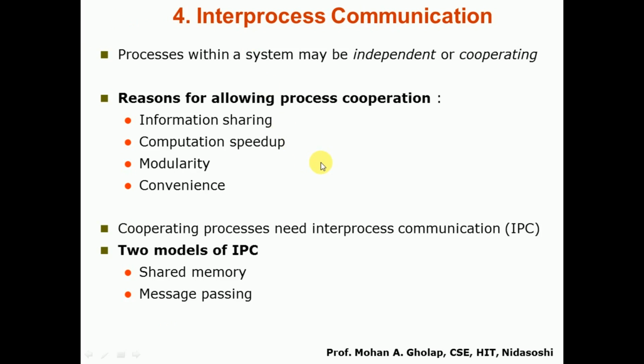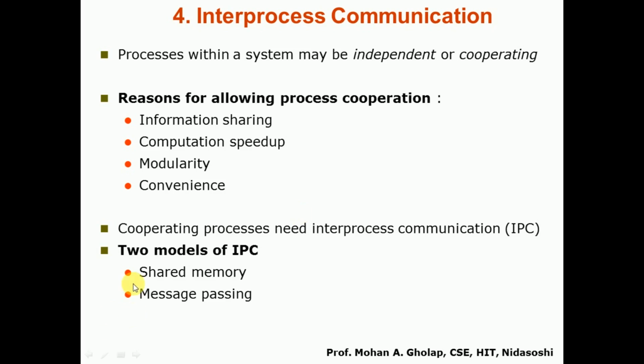After this, next we'll see the fourth point of this chapter, that is interprocess communication, in short also called IPC. So what is this interprocess communication? As the name itself indicates, it is the communication among the processes. When we have a number of processes executing on the system, there should be some mechanism so that the processes will be able to communicate with each other. Communication may mean the exchange of information, exchange or sharing of resources, and so on. Next we'll see how exactly this is carried out.